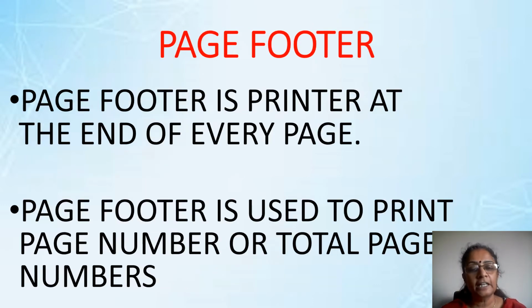The next part is the page footer, which is printed at the end of each page. So at the end of each page, you have page number 1, page number 2, page number 3. Also, you can have the current date, current time, or certain other details, like total page numbers, page 1 out of 10, 2 out of 10, 3 out of 10. This is called the page footer. This is all printed at the bottom of each and every page in the report.